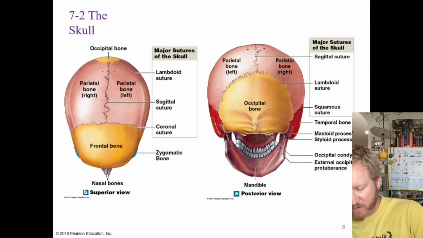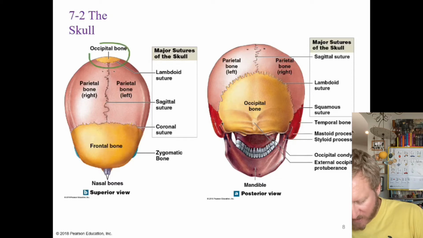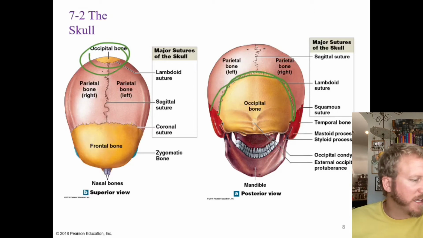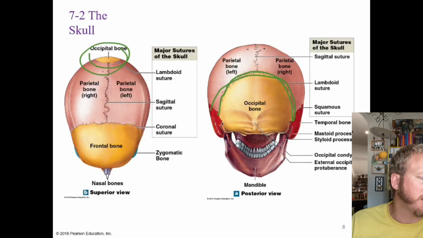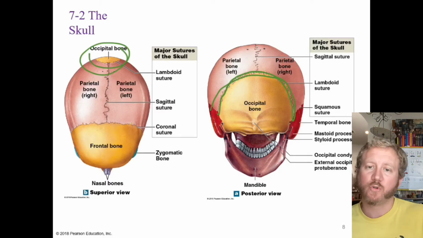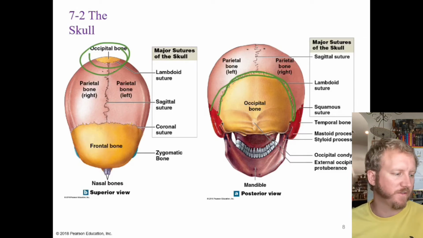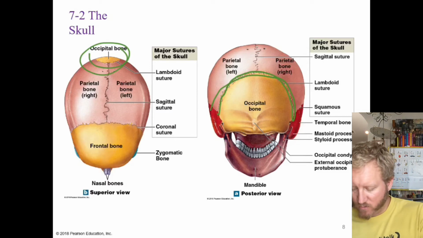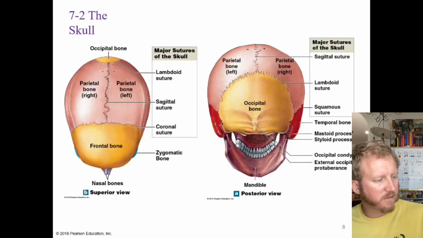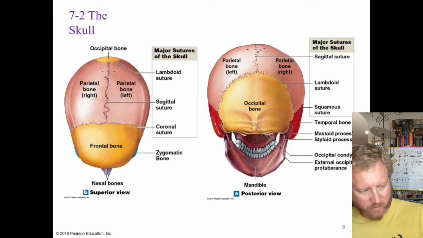First one, let's talk about the lambdoid suture. And so the lambdoid suture is going to be back here in the back. It's this half moon thing right here. And that's gonna be the juncture between the occipital and the parietal bones. And you may have some of those wormian or sutural bones embedded in here that we had talked about in the first video. Then we have the coronal suture, which attaches the front bone, the frontal bone, with the parietal